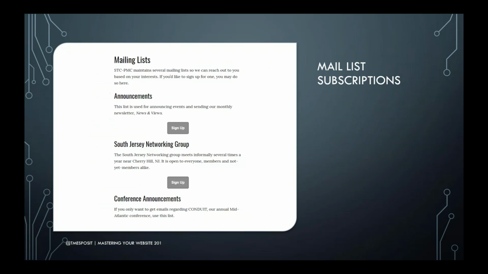I also recommend going in and creating a page saying, okay, here's your mailing list. What are these really for? So this is what the announcements are. This is what the South Jersey group is about. This is what the conference is about. So that way people, if they want more information, they can go here and also sign up and also learn about it. And there's an option in MailChimp saying, what page did they go to sign up for the mailing list? You can put this page in there as well. So this is just a page that I made, which lists all of the mailing lists that my group organizes.